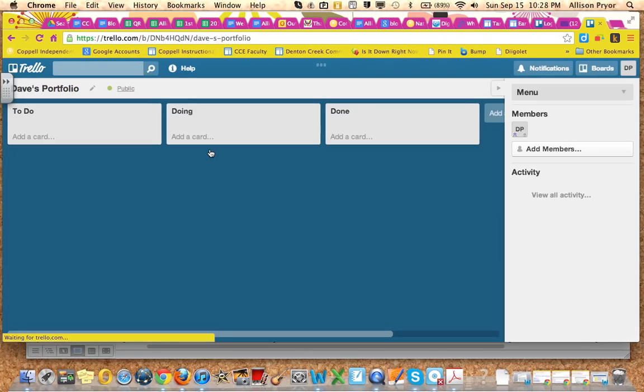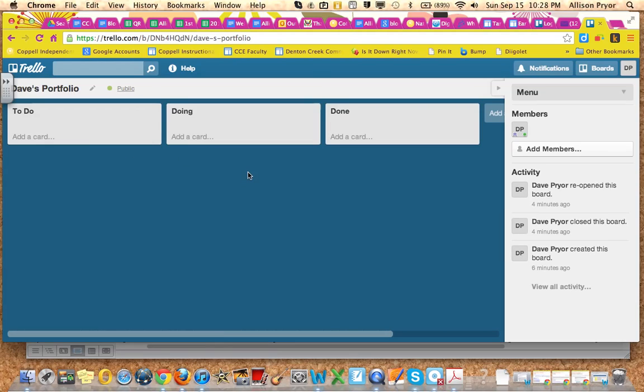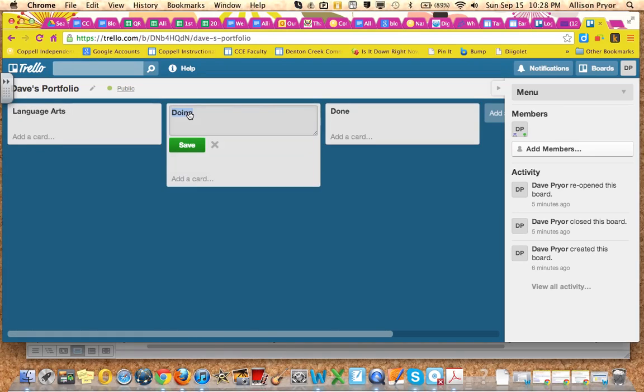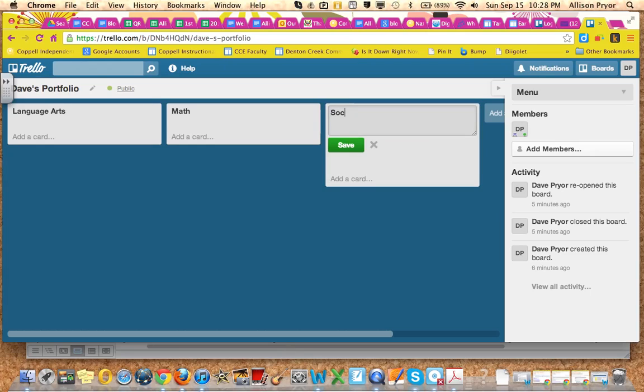Within Trello, you're going to have several different pieces of a Trello board. You get started by having different lists on your board. Right now it kind of defaulted me to do, doing, and done. What I'm going to go ahead and do is actually change those. So if Dave was actually working on language arts and math, we would just change these particular lists to the subjects that he would be working on